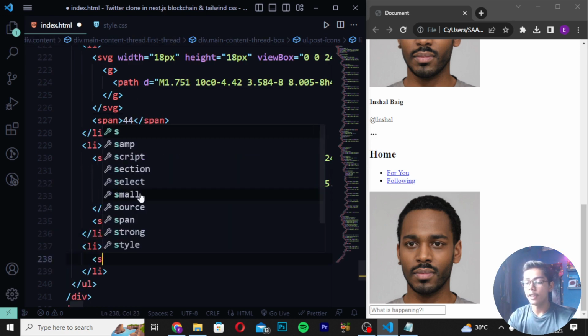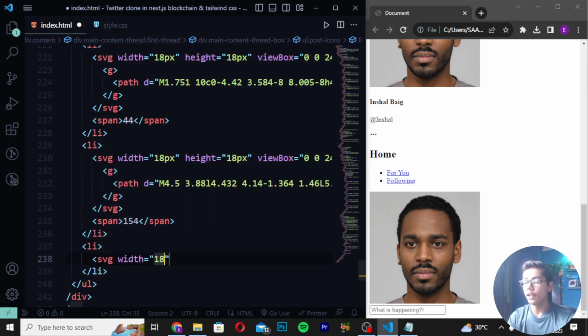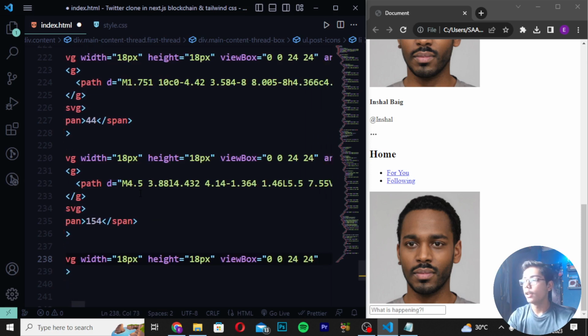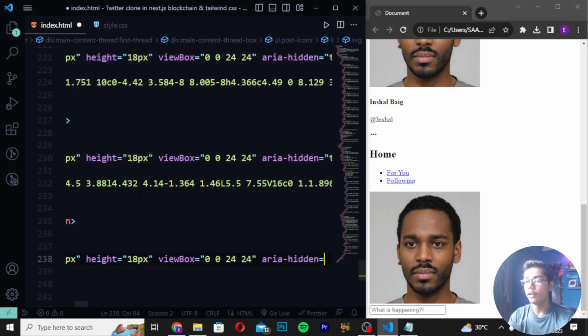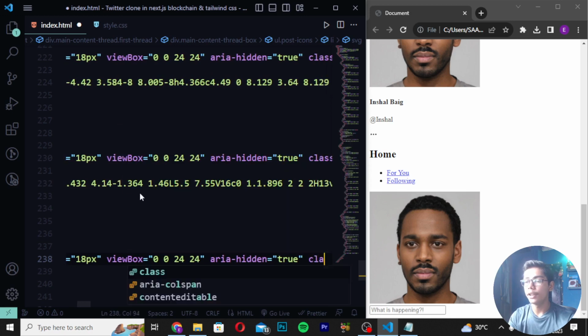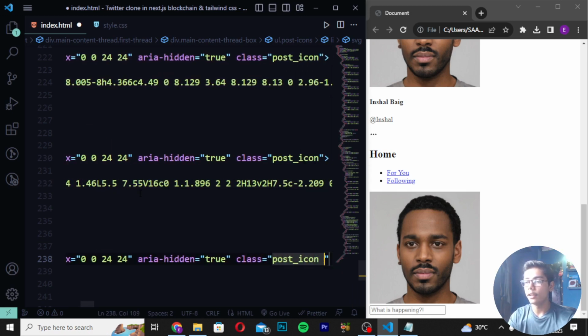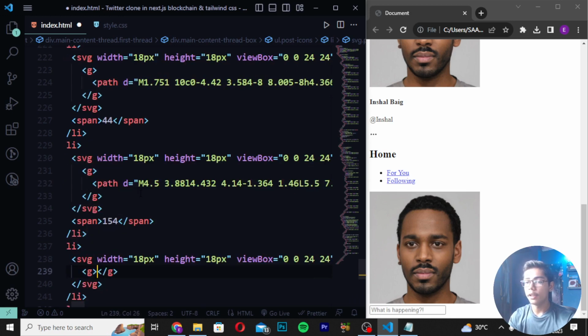Then create another li SVG. Write here width 18 pixel. Write here height 18 pixel, and I will also write here viewBox 0, 0, 24, 24, and then I will write the aria-hidden true. Then you have to create class as post_icon. Then you have to move down, write here g tag and write path. So here I will now just write here path like this, and then you have to write here d